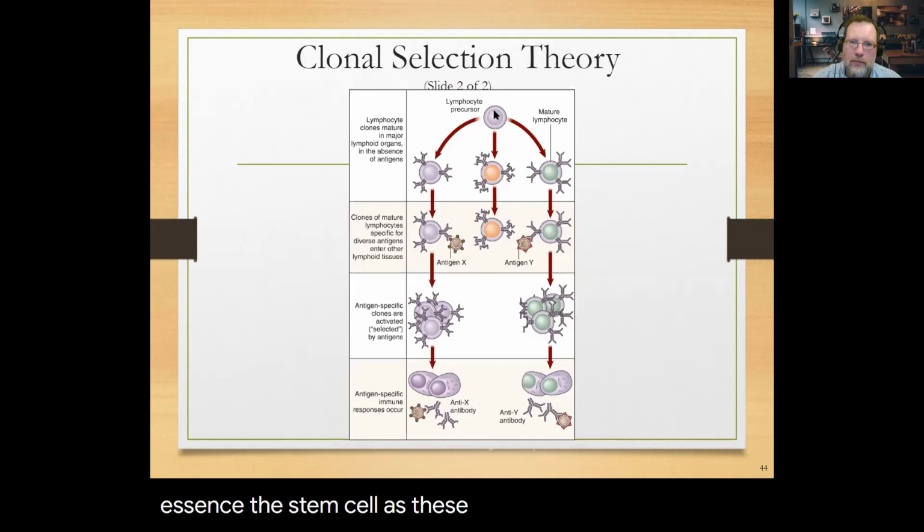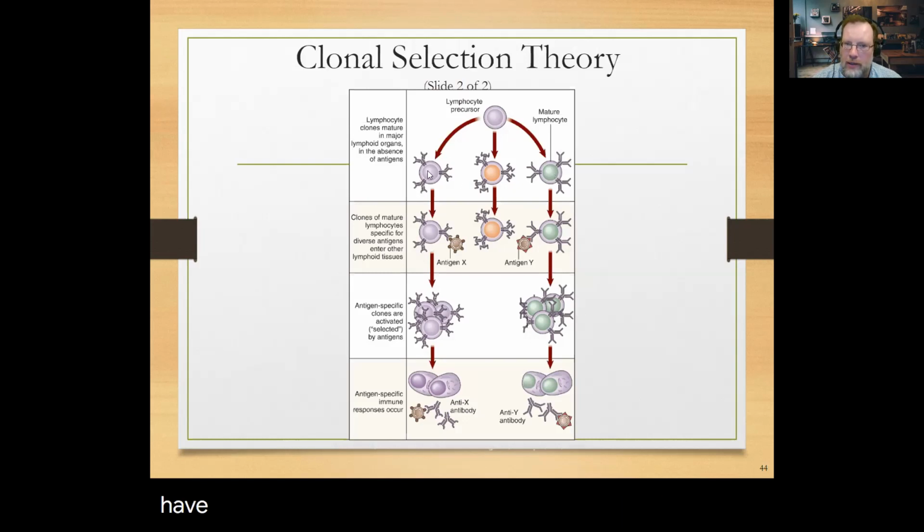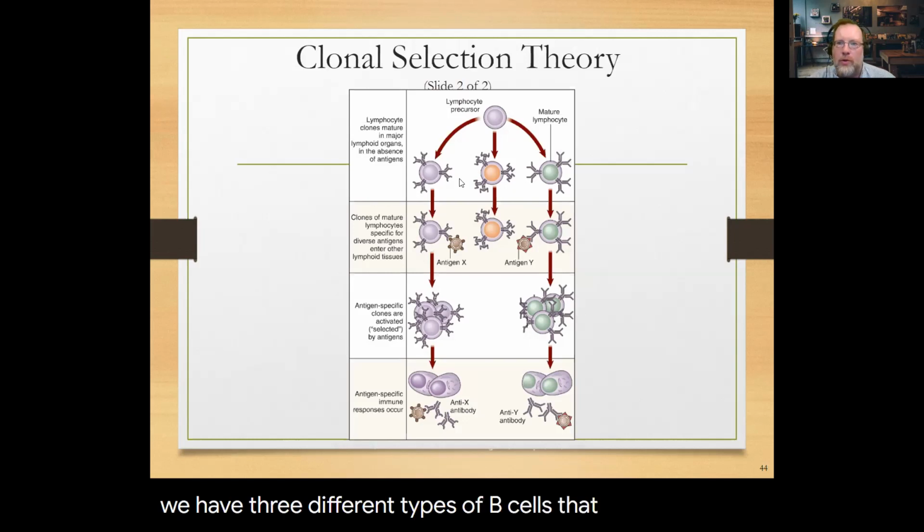As these mature, we're going to start seeing clones created from the mature lymphocytes. So we have a specific type of B cell here, B cell here, B cell here. So we have 3 different types of B cells that will produce 3 different types of